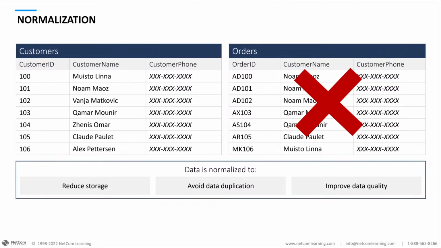I've reduced the amount of data that I've had to write in the table because I'm not duplicating the customer name and the phone number in multiple locations. It's already existing somewhere, so why do I need to do it again? The whole point of this is that, even though I may have more tables in the system, I've actually reduced the amount of data that I've had to write by half, because I've created one field on another table instead of having 3 or 4 or 5 or 6. So it speeds things up and makes it easier to use.